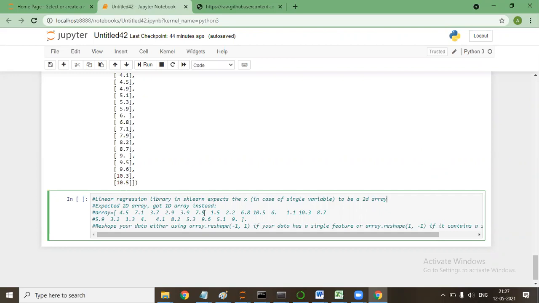It's written expected 2D array got 1D array. So it does not accept X as a single dimensional array. In case it is 2 columns, 3 columns, 4 columns, it will be a data frame that will be passed. It won't be a 1D array. Are you with me? Okay. So it will be better to work with data frame instead of NumPy.